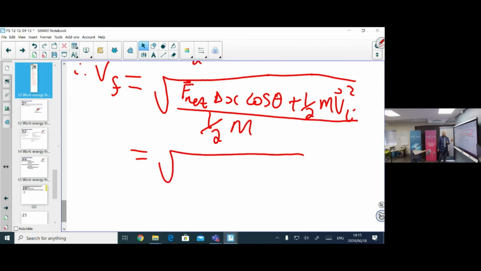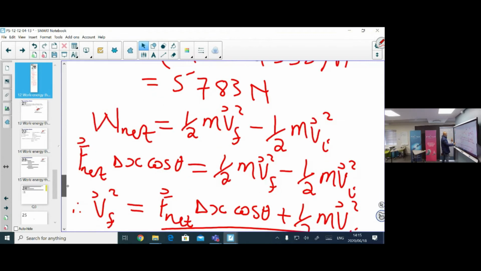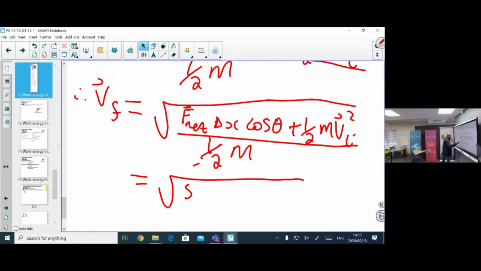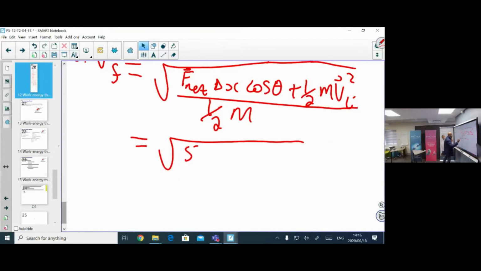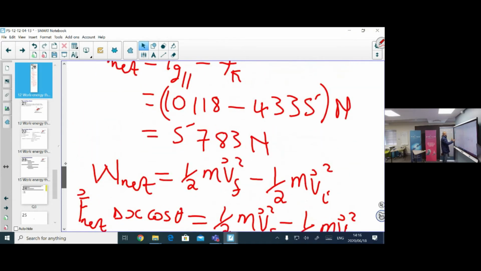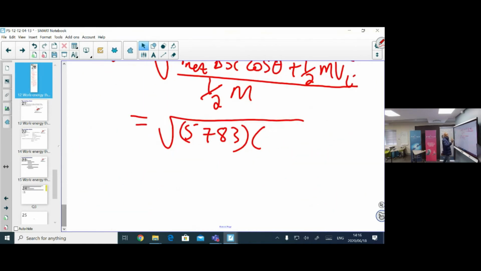What I need you to do is use your calculator while I'm using mine. Where is F net? 5,783. Then what about the distance covered? We have to go back to our data. That is 75. Multiply by cos 0 degrees, plus